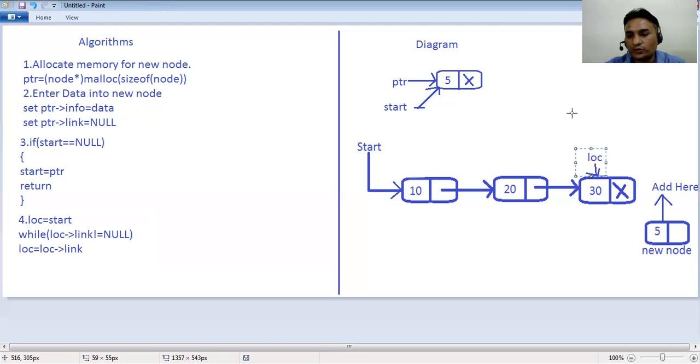Now we have to set loc pointer link equal to PTR, because the address of the created node is stored in our PTR variable.